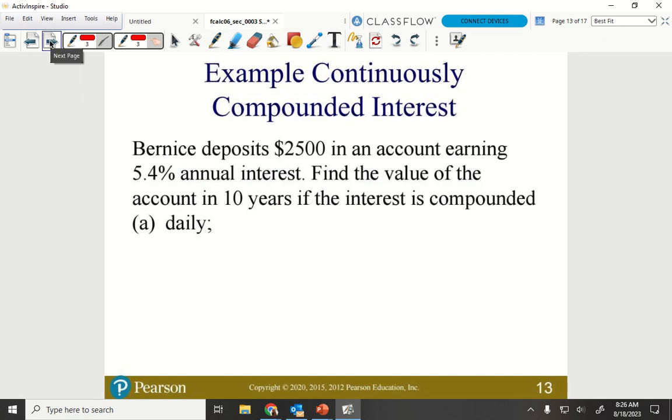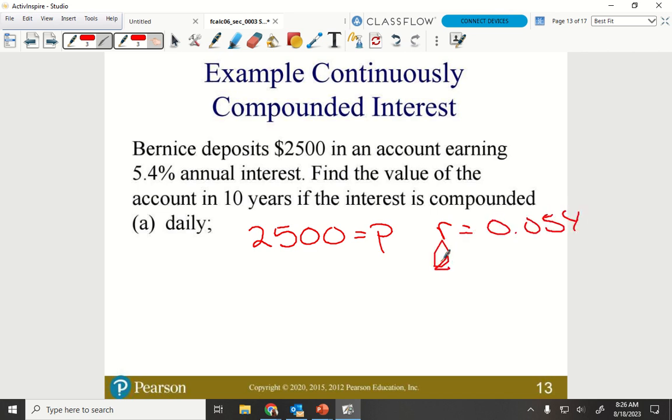Now, what's going to be R? 0.054. Very good. Because it's a percent, and we always have to have it as a decimal. So that's my P, my R, 0.054, and T is 10 years. So if we're going to compound it daily,